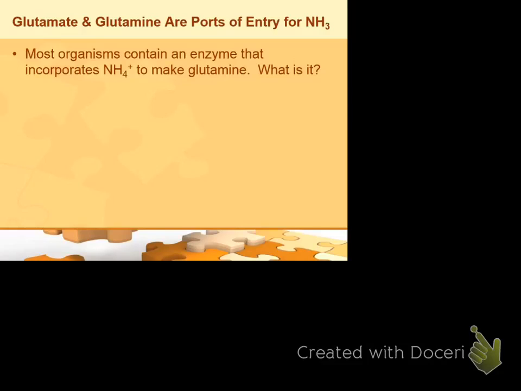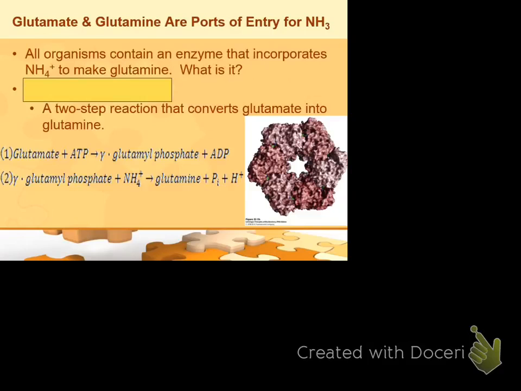Most organisms contain an enzyme that will take the ammonium and add it to something in order to synthesize glutamine. Okay? So what classes of enzymes do you suppose can do this? Like, what would be some of the ones that would make sense? Like synthases, synthetases, stuff like that. Okay, so